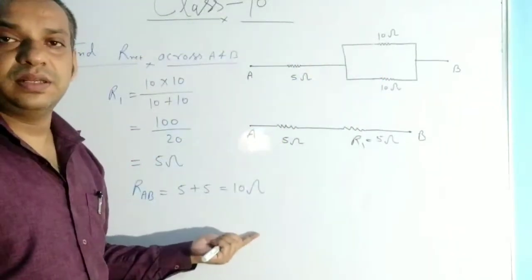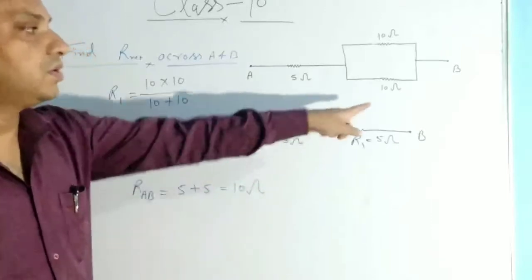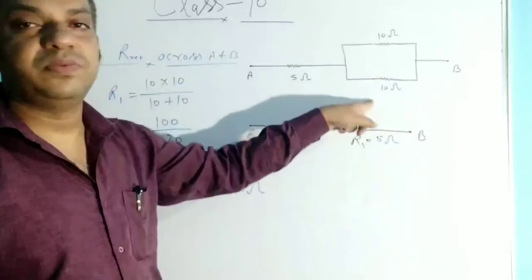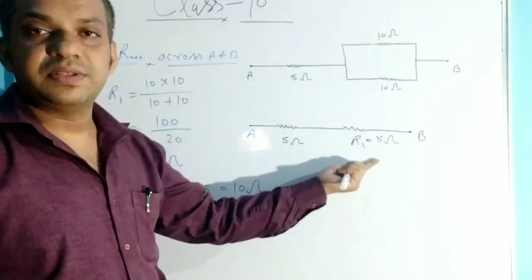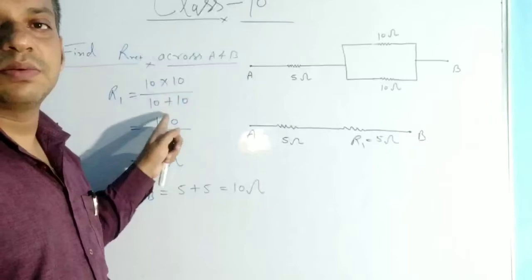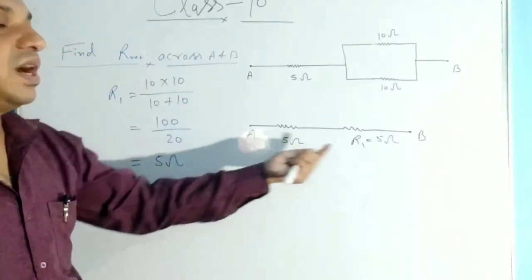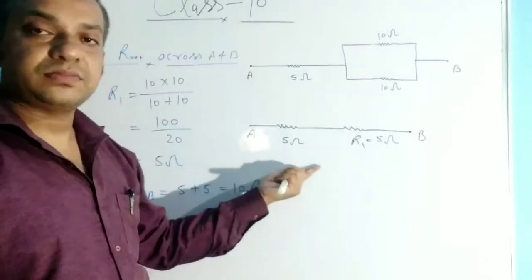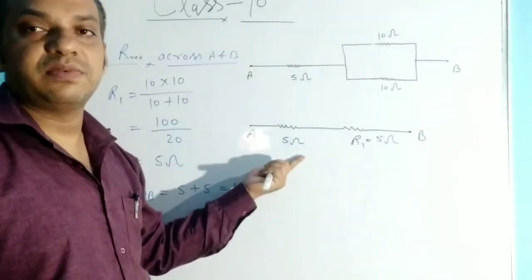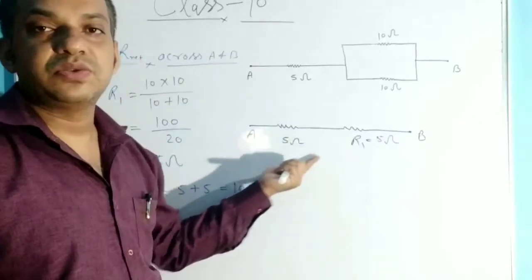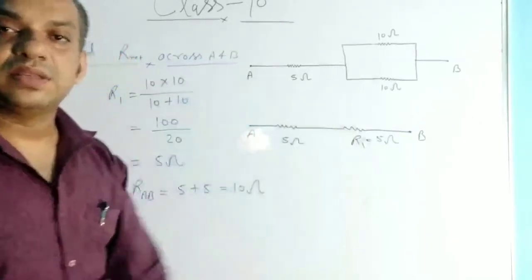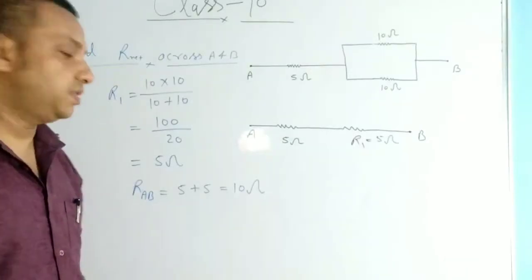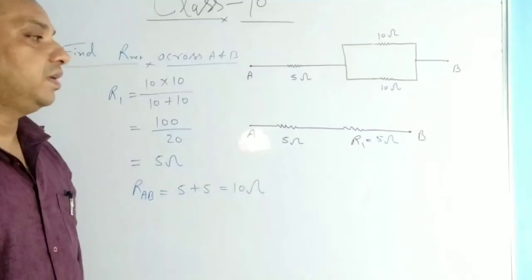Right? So again just see here, because these two resistances are connected in the parallel combination, in place of these two we can use one resistance, which is equal to R1 R2 upon R1 plus R2. After simplification we get this R1 value as 5 ohm. And after that just connect this R1 with this 5 ohm resistor, and you can see these two resistors are in the series combination. So you will get RAB equal to 5 plus 5, 10. So your answer is 10.